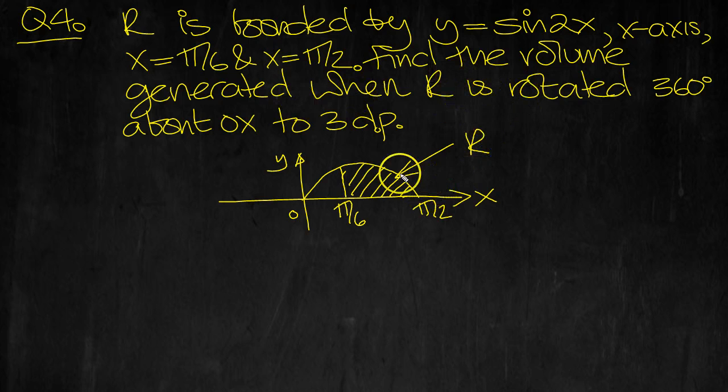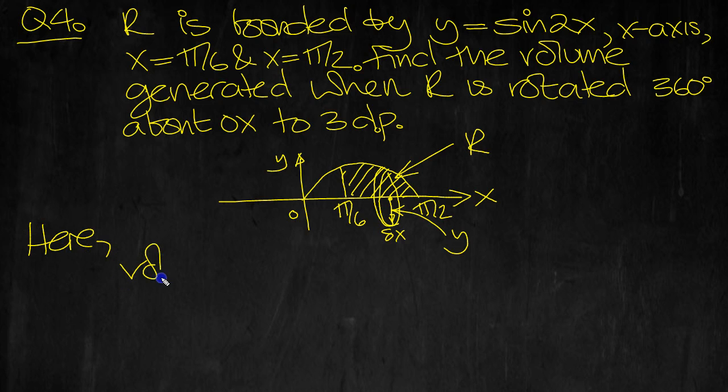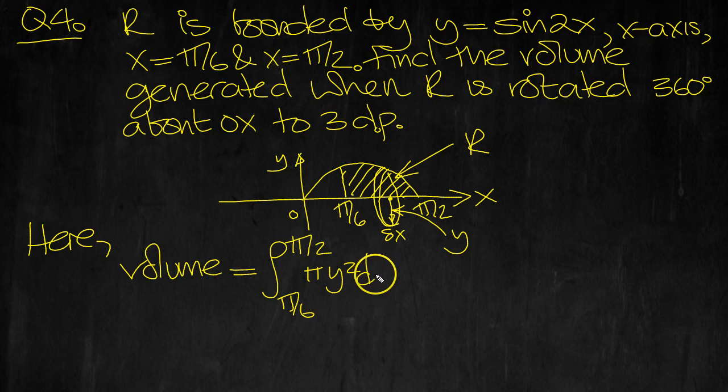Volume generated: R is rotated 360 degrees, so it's going to turn around like so. And there's a segment of the volume. Okay, thickness delta x. This height here is y. So here then the volume generated is equal to the sum of these disks between pi over 6 and pi over 2. Pi r squared, isn't it? Pi r squared is the area times the thickness delta x, so it's the integral of pi y squared dx, which equals,